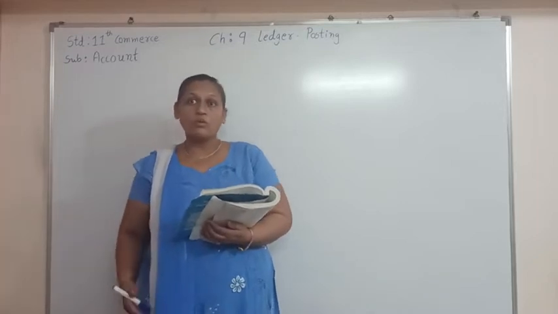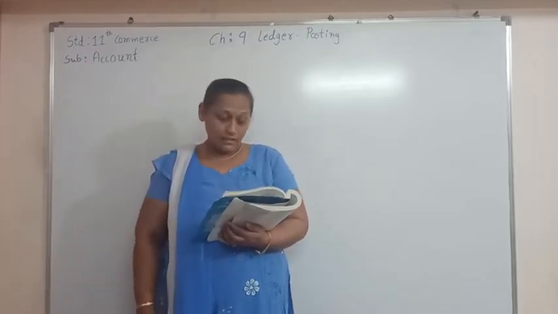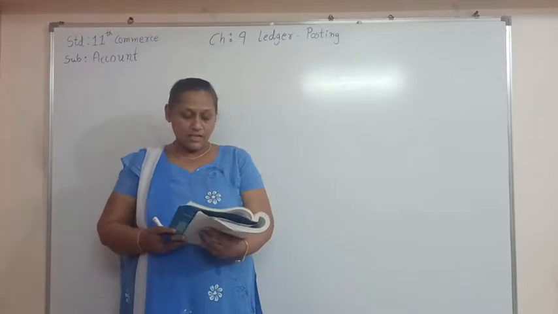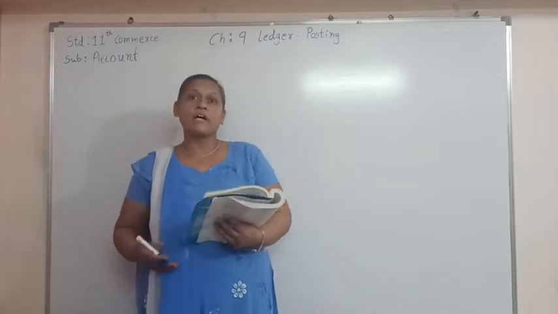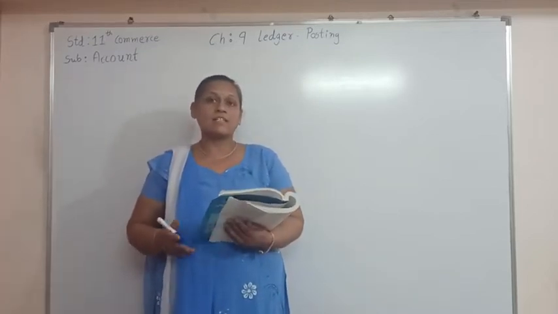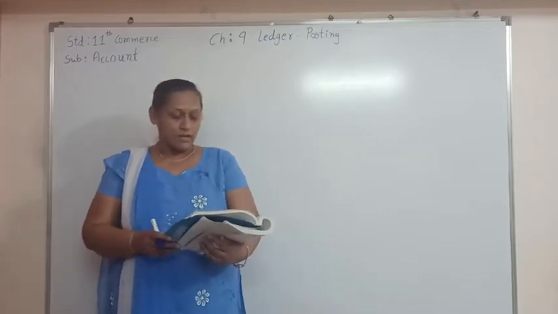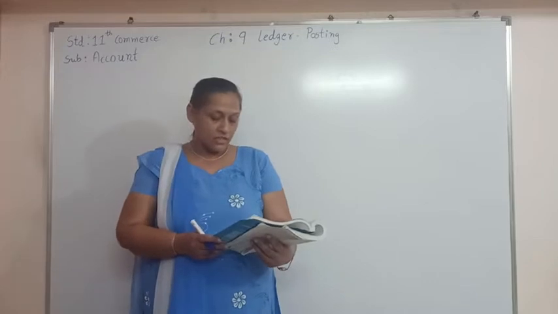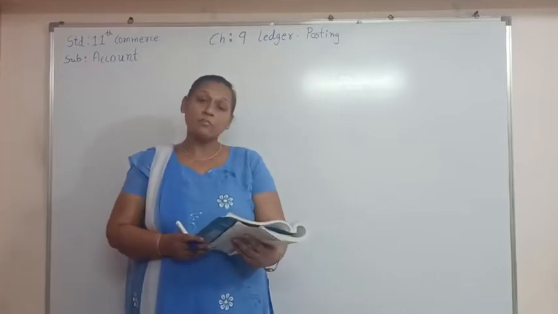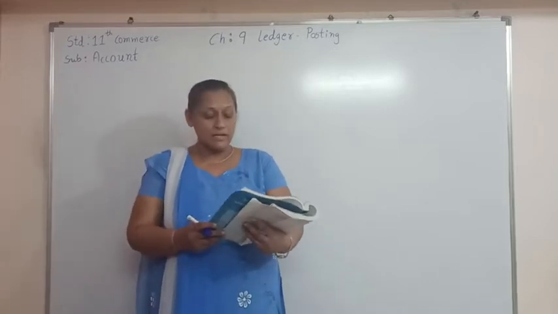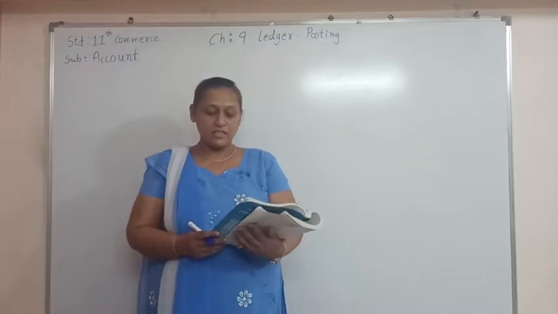That we are going to summarize in the ledger. So this is the book where we are summarizing all the transactions of a particular nature, and that's why it is called account. So here the definition of account is: an account means summary showing debit and credit effect of transaction